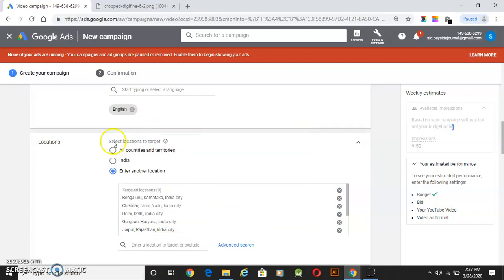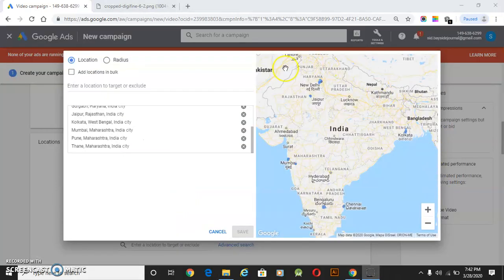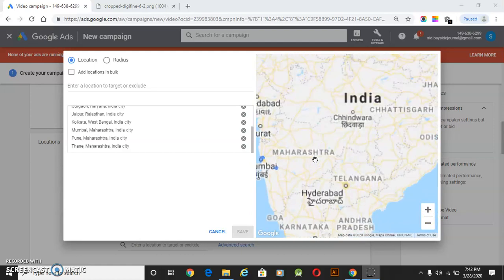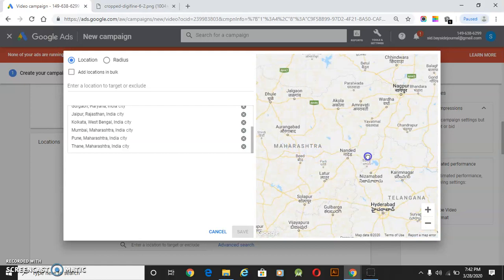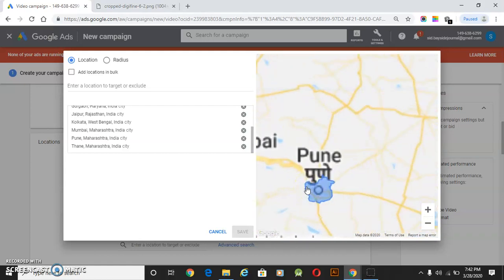So if you want to see the same thing on map, what location you have taken, you can click on advanced search. And over here, you will get to see all the locations that you have targeted. So if you can see over here, I've taken Delhi, Gurgaon, Jaipur, Kolkata, Chennai, Bangalore, Mumbai, Pune, Thane, and all the locations are visible over here. If I want to zoom in to this, I just need to hold control and scroll up. So that's how I can zoom in to see which locations I have targeted. Alright guys,